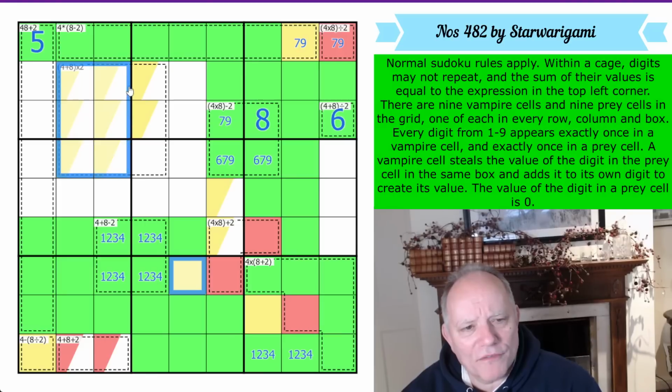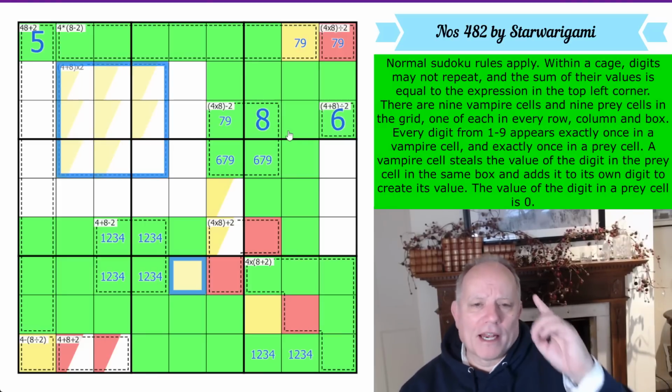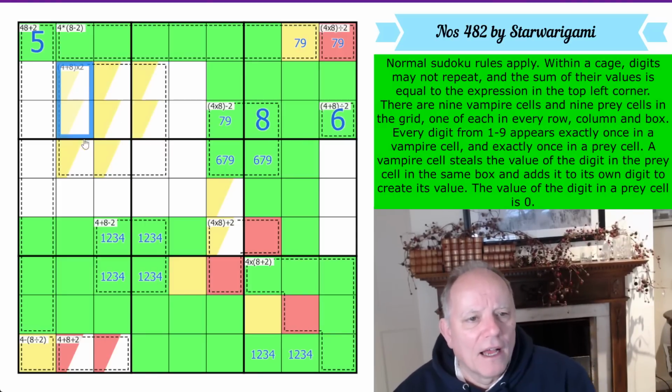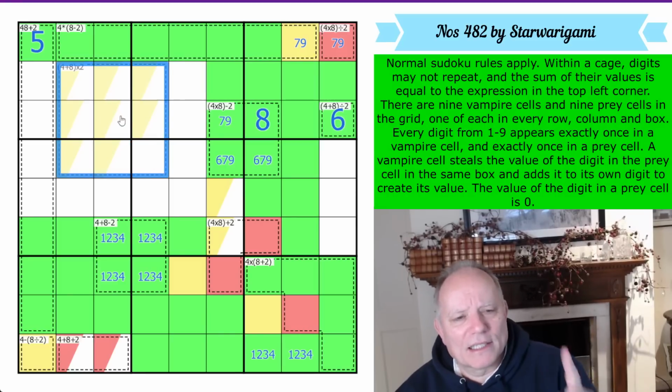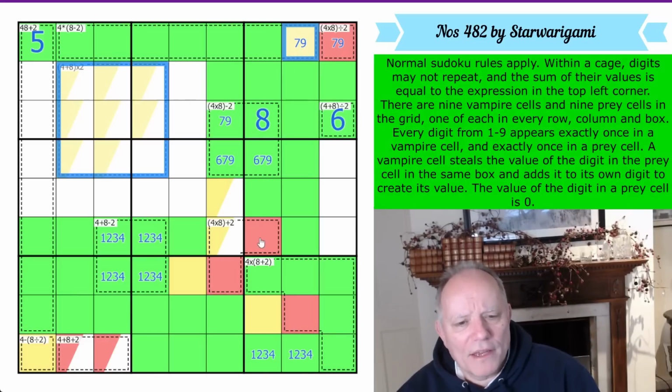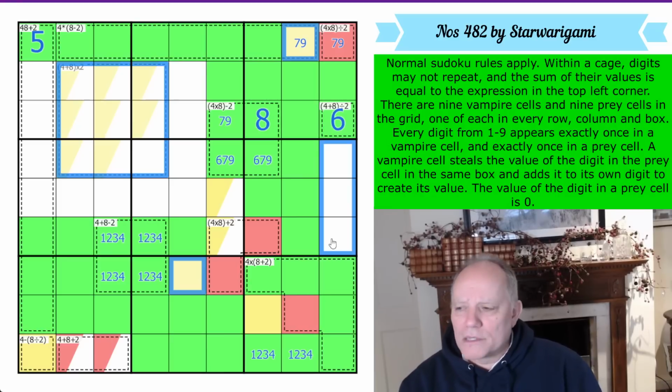Because to get up to this value of 38, I'll take you through again how I've calculated it. We need the yellow cells in this cage to add up to at least 21. Plus at least 7 there is 28. Plus the values that these 2 reds are going to take have to be at least 10 there and there. That's 38 in 6 yellow cells